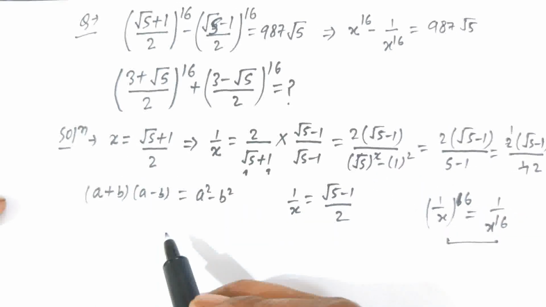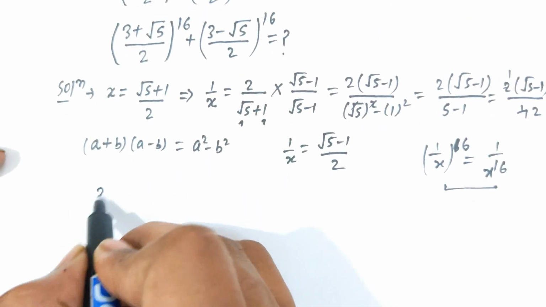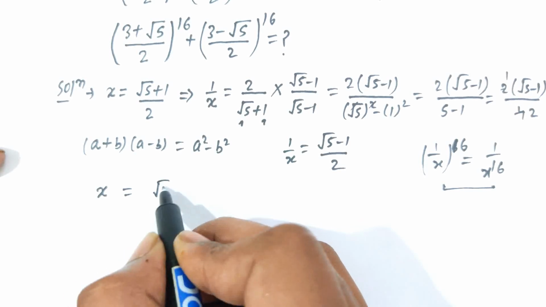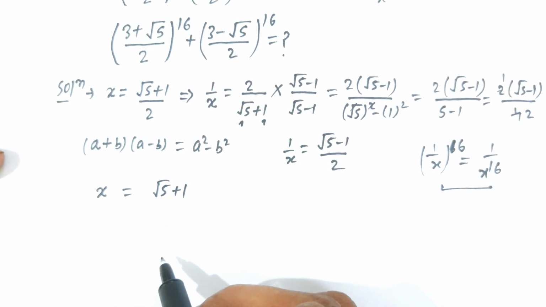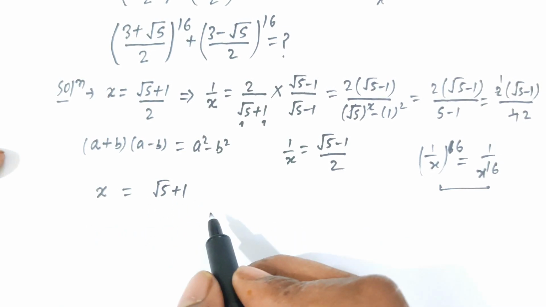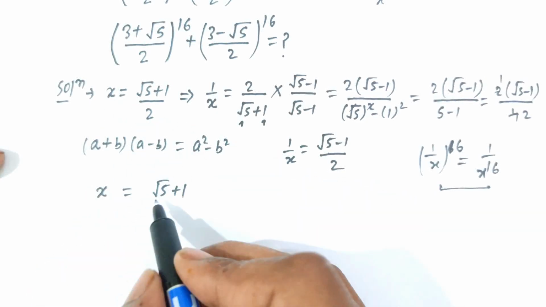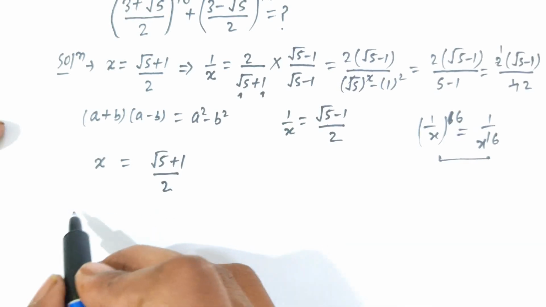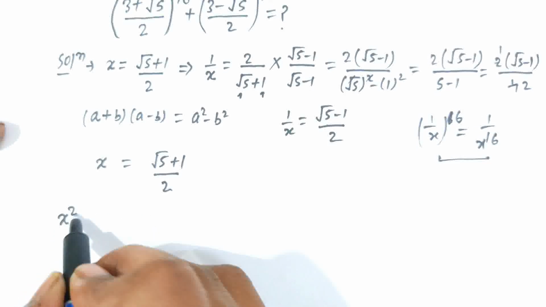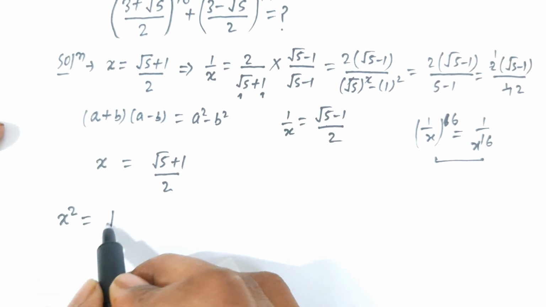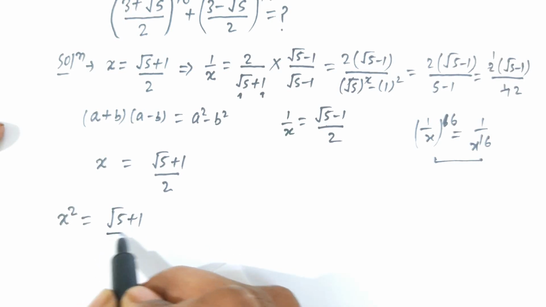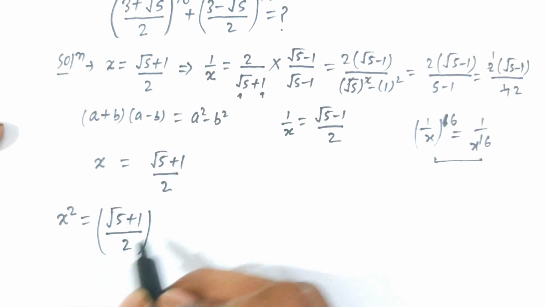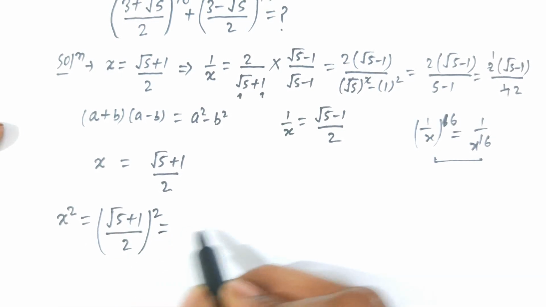Now here value of x is (√5 + 1)/2. If we take square of both side, then in left hand side we have x², and this is equals to ((√5 + 1)/2)²,